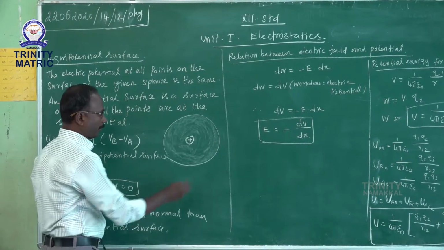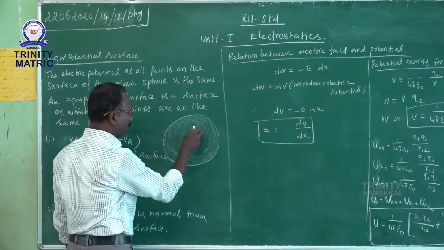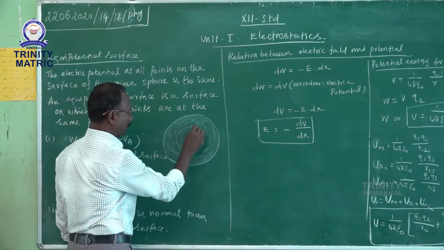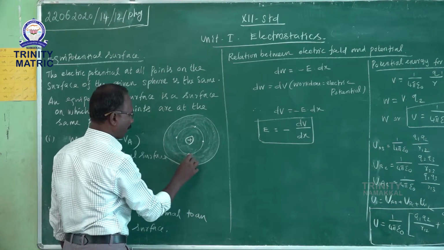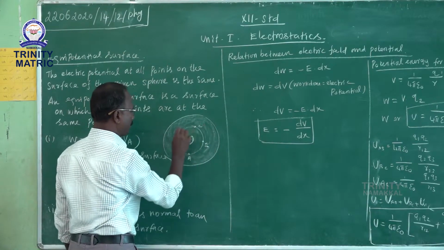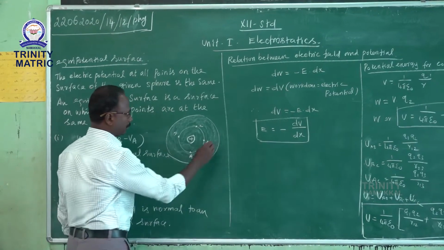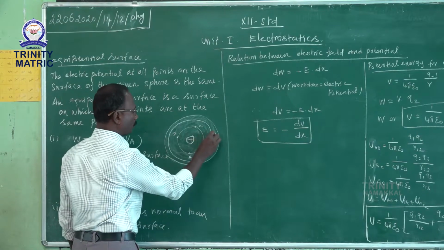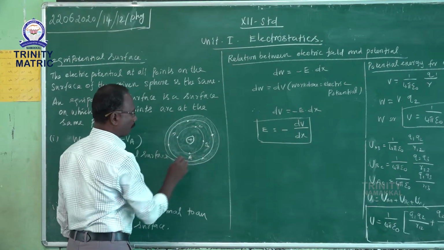That means if you consider any two or three points, here one point, here one point, here one point, A, B, C, D, here the same. Here also 4 points,